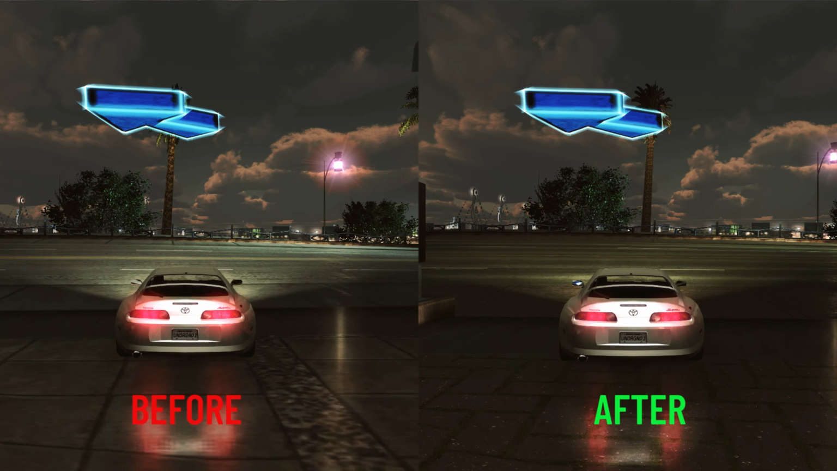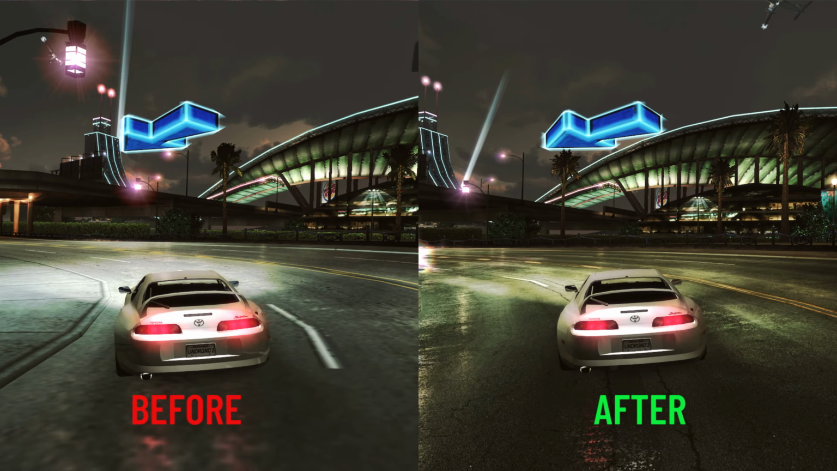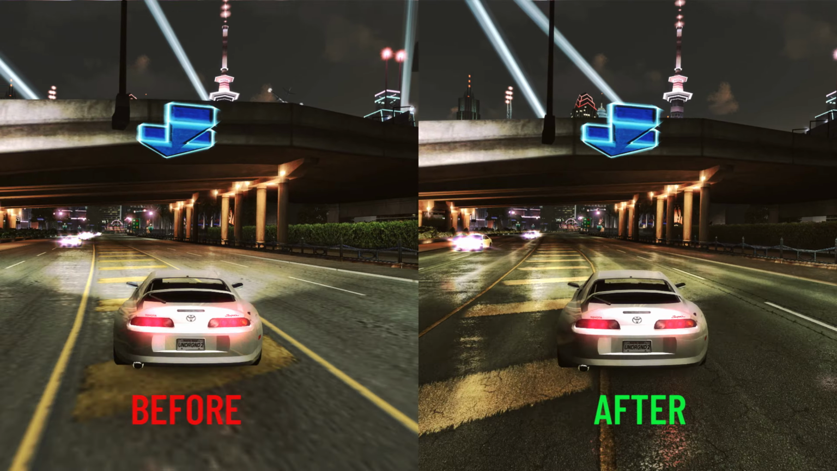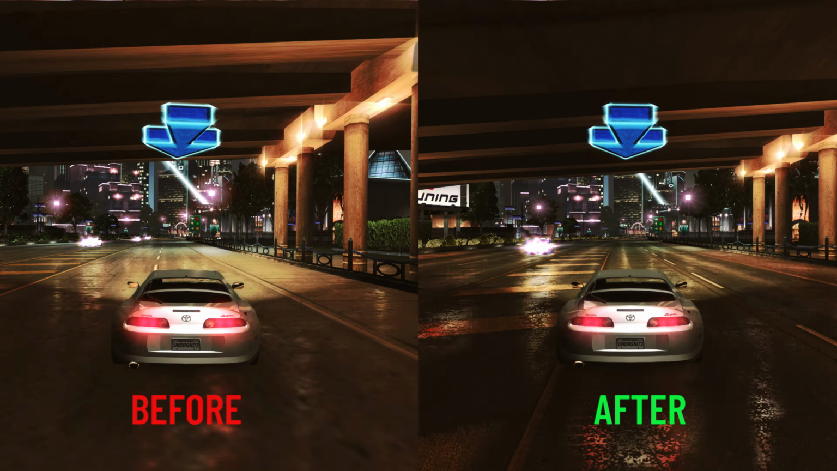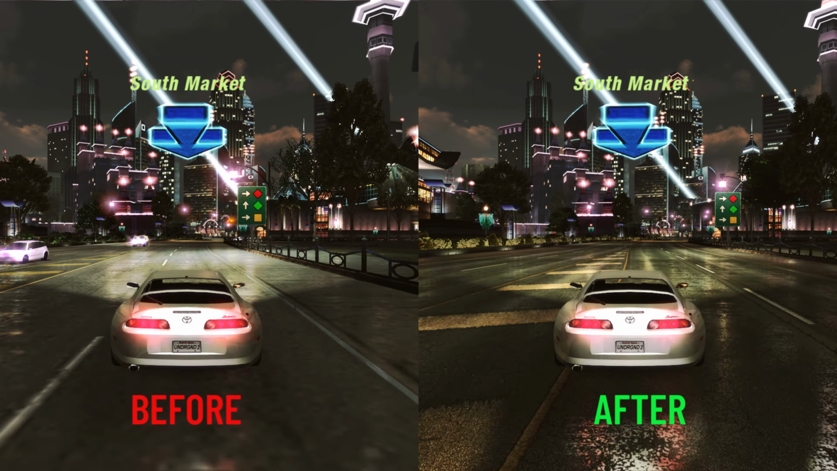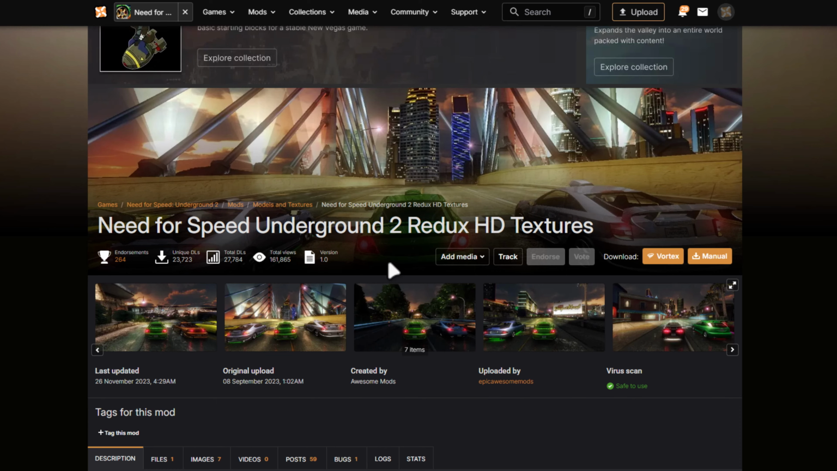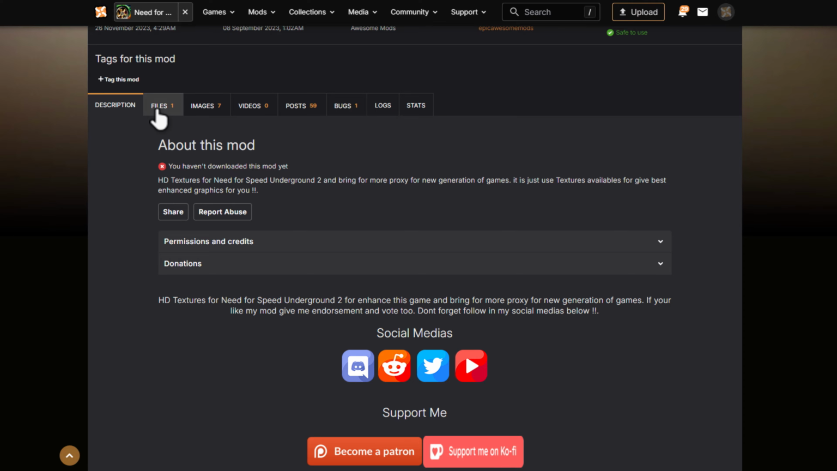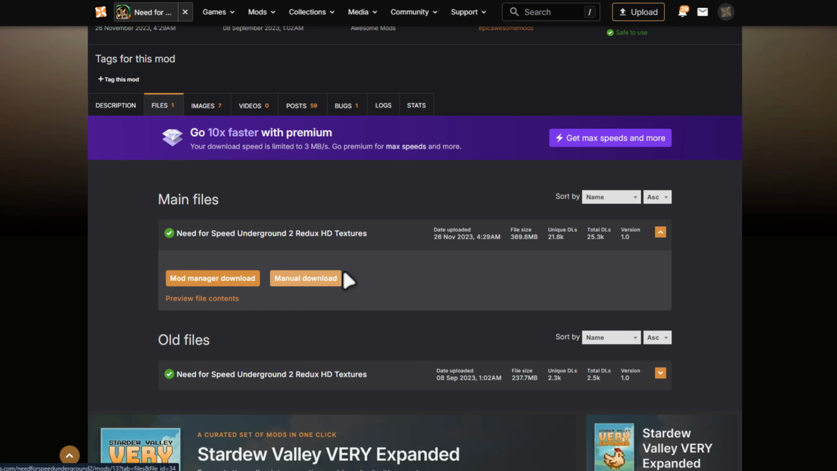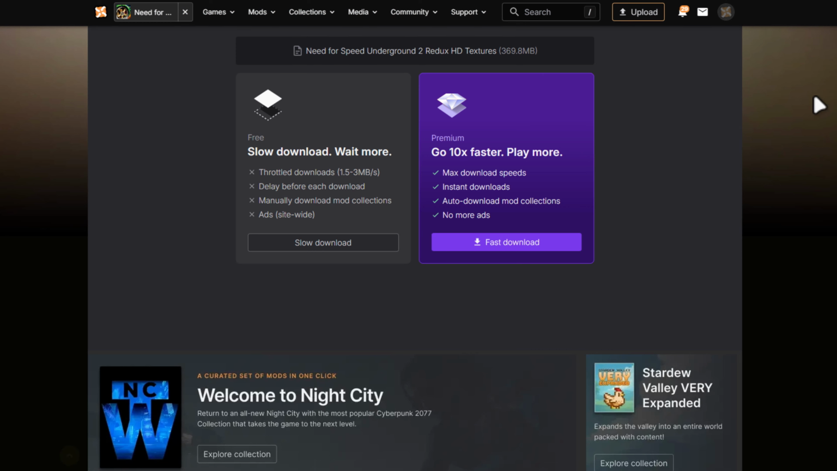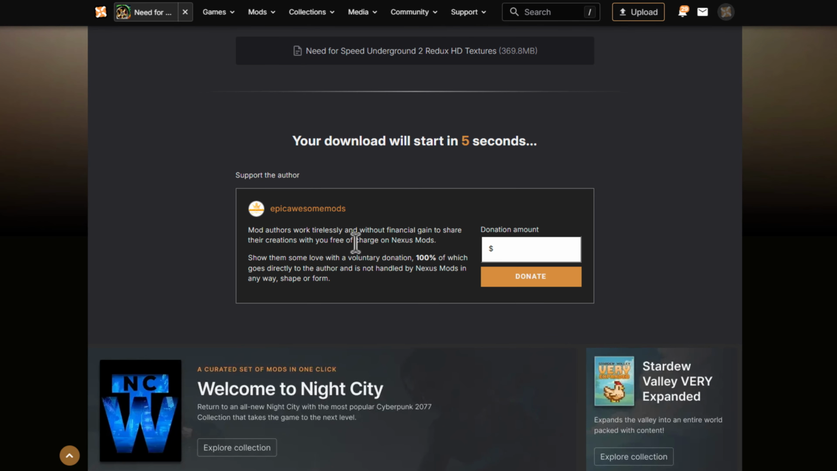Today we are going to see how to upgrade NFS Underground 2 with Redux HD Textures for sharper visuals and improved details. Check my video description for this mod link. Scroll down and go to Files and select the manual download option and select the slow download option and it